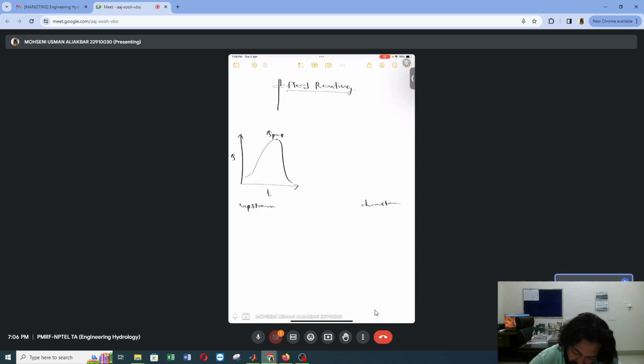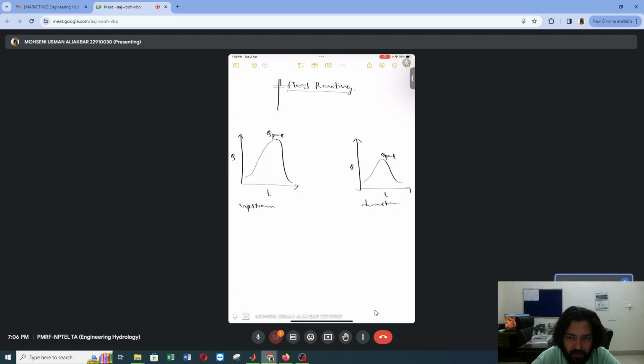So we'll get another hydrograph, something like this, with Q peak, where this is T and this is Q. If we look at the two hydrographs, when the hydrograph was on the upstream side, which was known to us, the peak was high, right? The peak was more. But as soon as we got the value at the outlet, the peak reduces, right? And we know the reason for this, because the water is traveling from upstream to downstream.